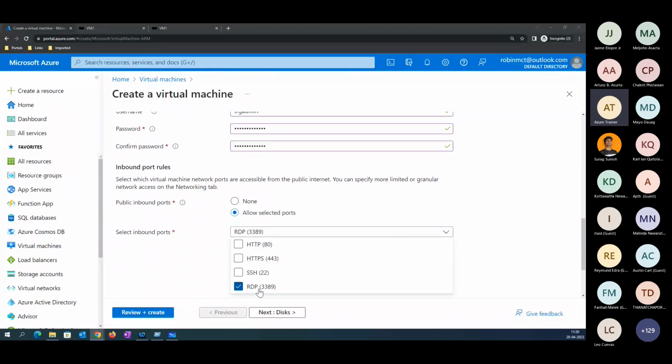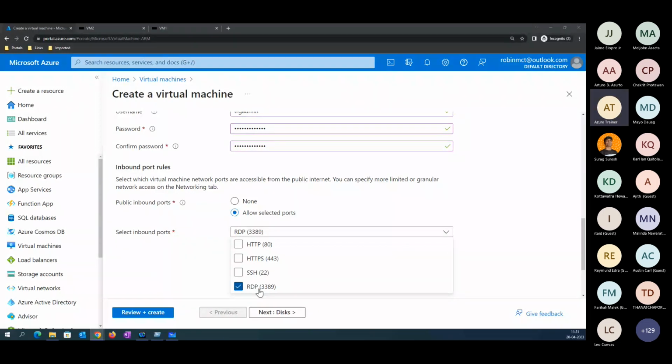I'm saying to Microsoft, hey Microsoft, please allow an inbound connection. Inbound and outbound is nothing but incoming and outgoing. Whatever traffic is coming inside your infrastructure, and whatever traffic is going out from your infrastructure, is known as inbound and outbound. It's the technical term we use.